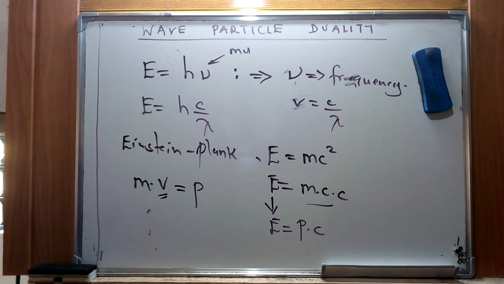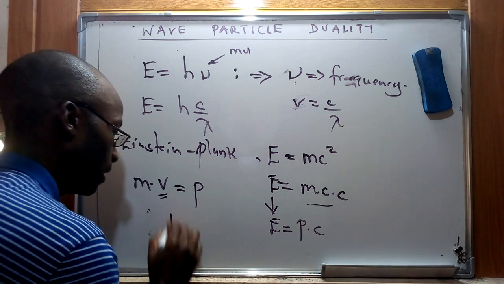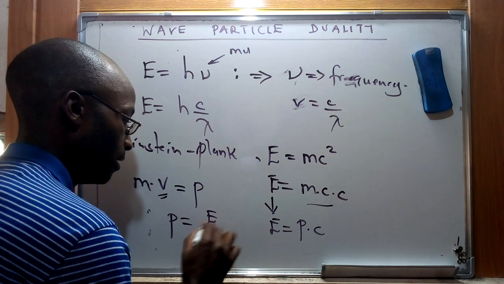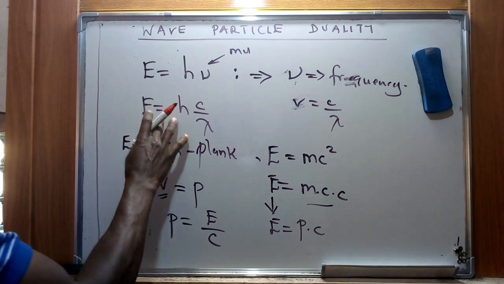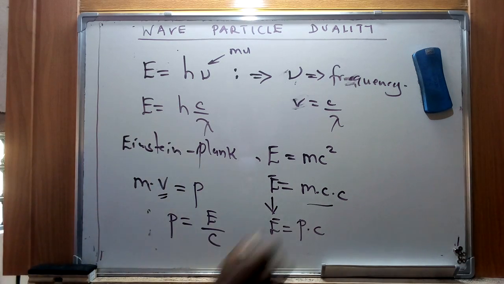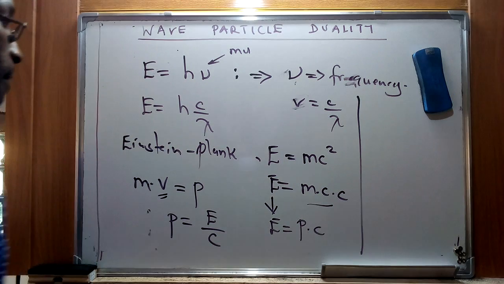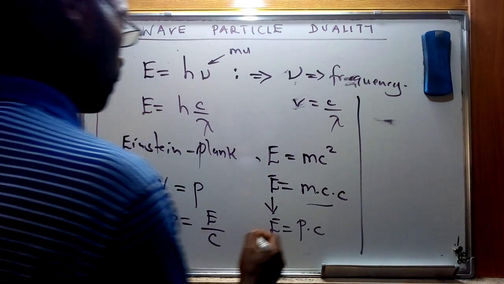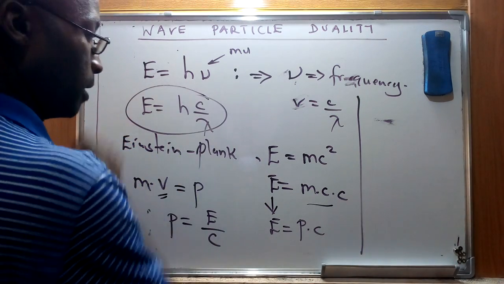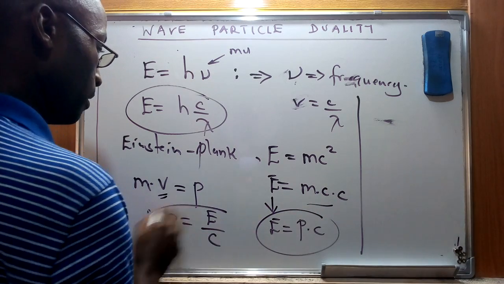So we are going to have momentum illustrated as the ratio between the energy and the speed of light, given as such. And from this illustration, we can do a rearrangement of this formula and have it given as this. I want to borrow from this equation and this last one that we have described.